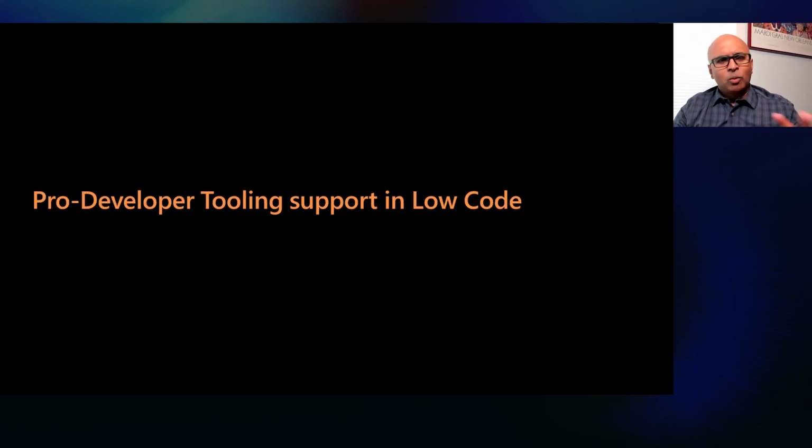All right, and we know when it comes to Fusion development, there's a lot of attention being paid to the citizen side because it's just drag and drop. It's like literally taking a PowerPoint deck and making an application out of it. How cool is that? But in order to make Fusion development really work, there are elements that we need to provide to the code first developer, or pro developer as we call them, right? There's been a significant investment on the Power Platform side to make life easy for the pro developer to be able to interact and build more productive Power Platform applications across the board for the enterprise in their digital transformation journey.